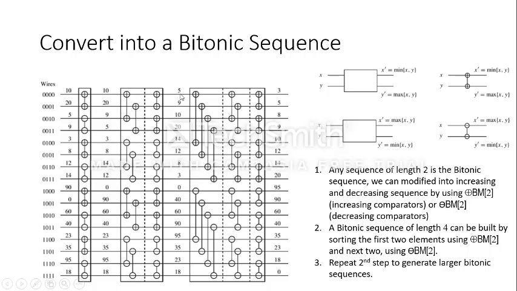The reason is that the first four elements are converted into monotonically increasing, or ascending, order by the increasing comparators, and the Bitonic sequence must have two subsequences, in which the first subsequence is in monotonically increasing order, while the second subsequence is in monotonically decreasing order. So now the first four values, which are in ascending order, and the next four values, in descending order, are given. These eight values are given towards stage three,